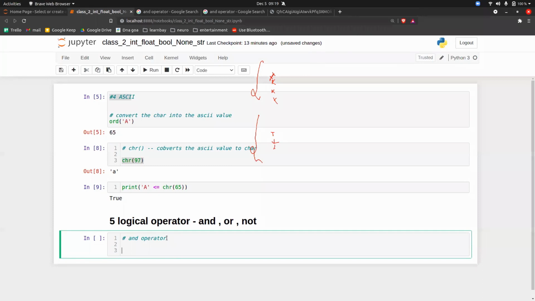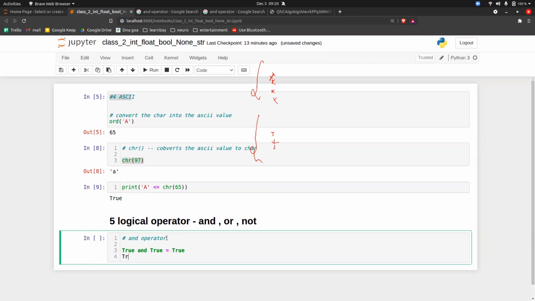Now you have to tell me the value of it. If it is true and true, what is the value? True and true for the AND operator is true. True and false is false.